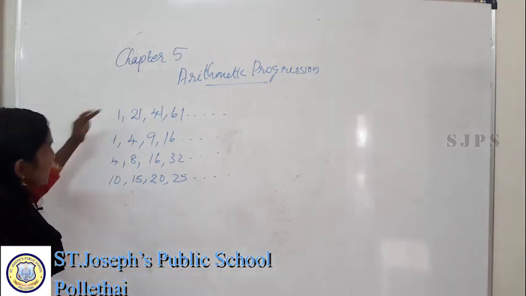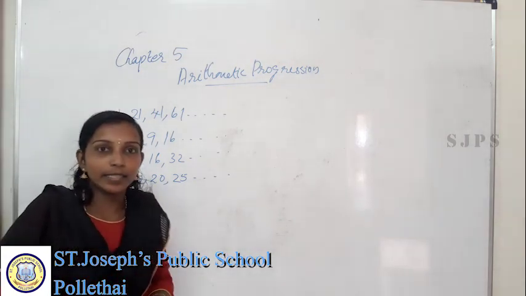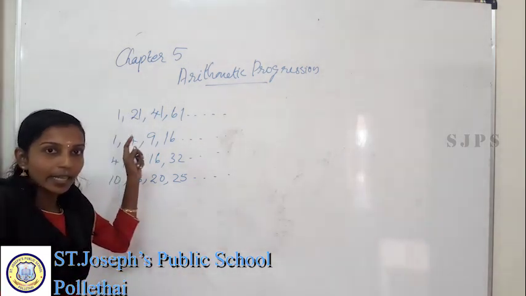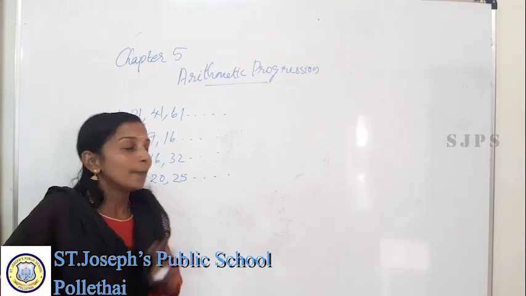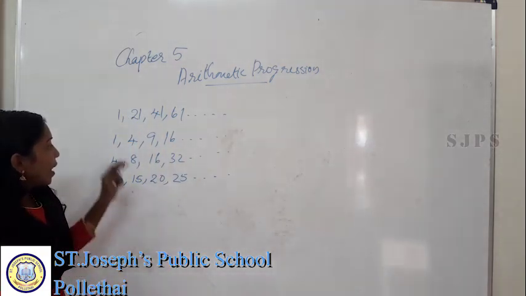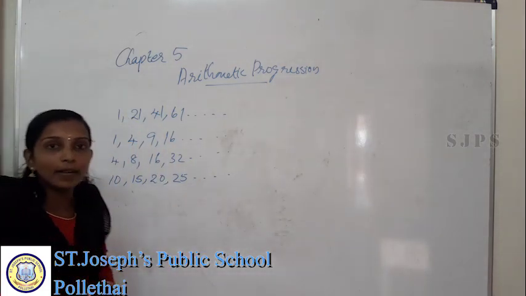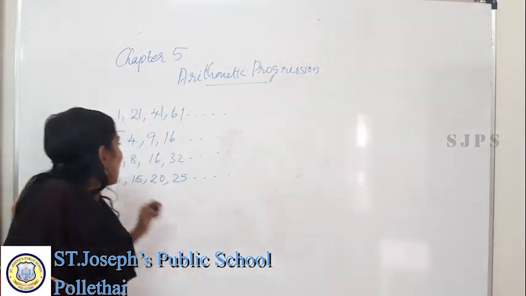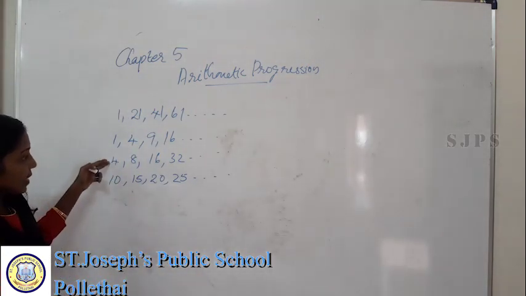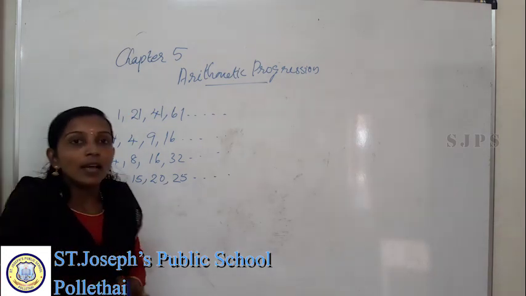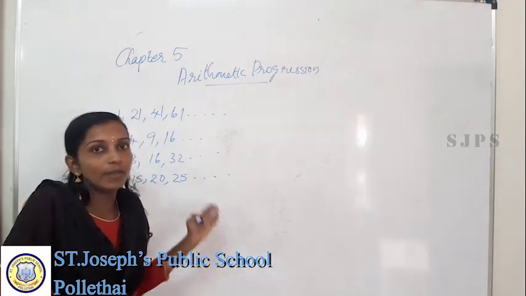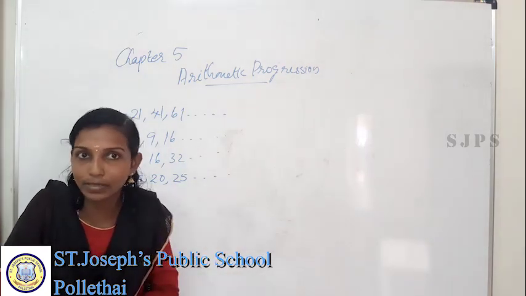In the first and fourth number patterns, the successive numbers are obtained by adding a fixed number to the preceding number. In the second example, it's the squares of consecutive numbers. And in the third example, a fixed number is multiplied with the preceding number to get the successive numbers.